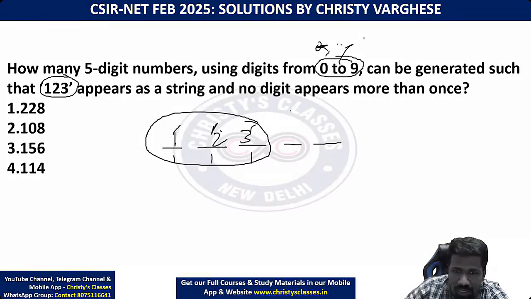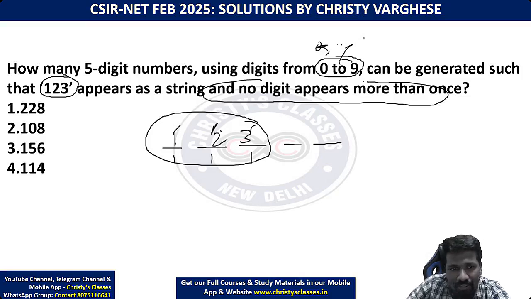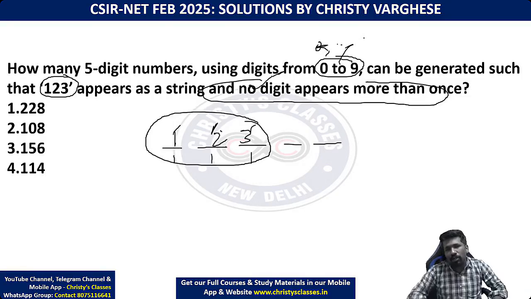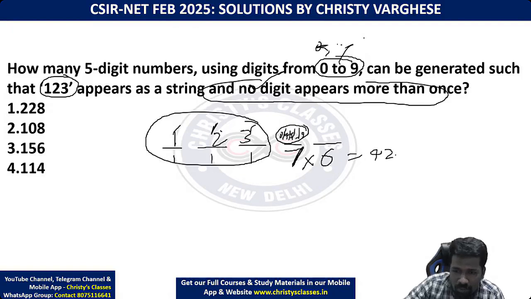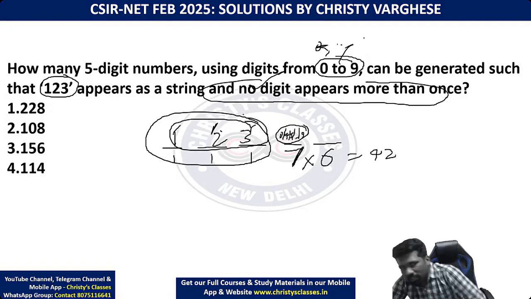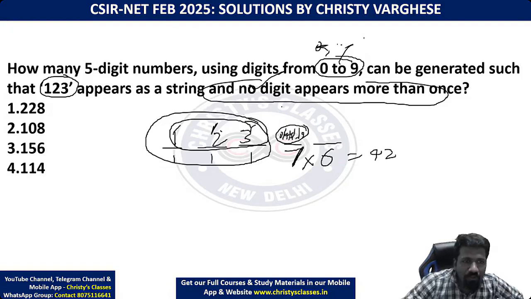But 1, 2, 3 are 3 digits. You cannot repeat digits. No repetition allowed means that apart from 1, 2, 3, only 7 possibilities are left here. That means either 0 or 4 or 5 or 6 or 7 up to 9. Now the digit that is used here cannot be used here. So only 6 possibilities remain. So 7 into 6, 42 possibilities are there for 1, 2, 3 to be at the beginning of the 5-digit